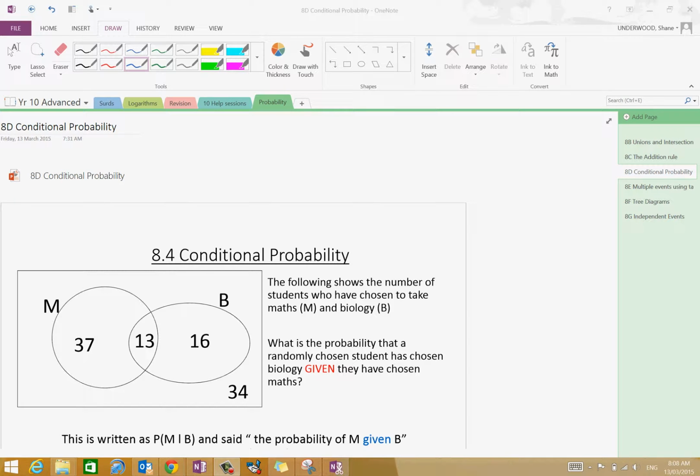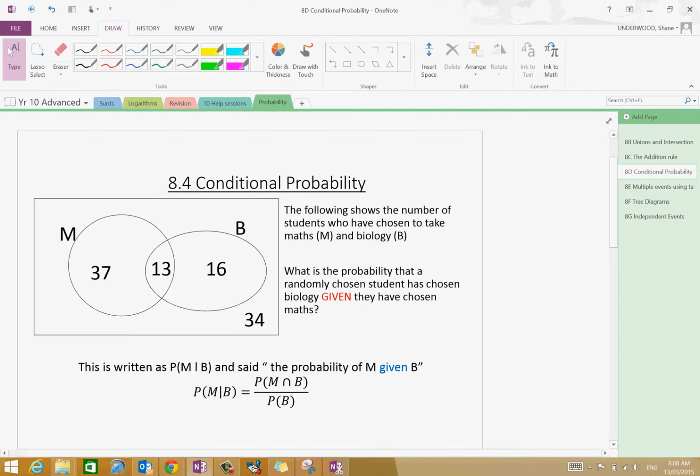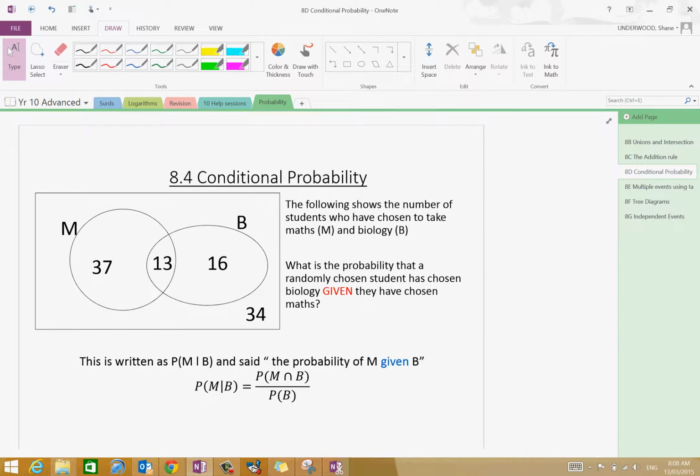Okay, now we've had a look at the addition rule. I'm going to try and make this really quick on conditional probability. Conditional probability is when we are given something. So, for example, what is the probability